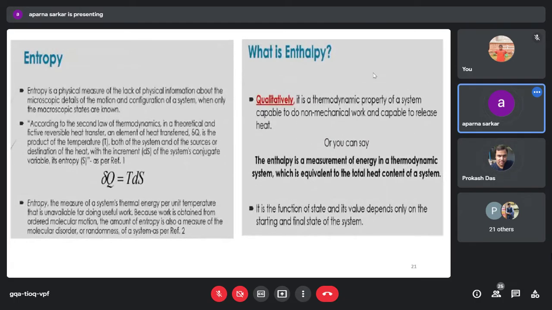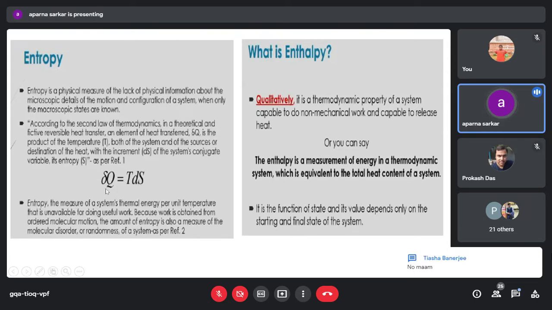Yes, ma'am. Okay, now the entropy, this is a thermodynamic property, and this entropy is an extensive property. Now, what is entropy? That is the formula. We can see that del Q is equal to TdS. This del Q,